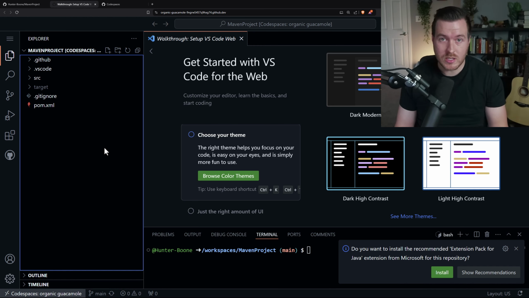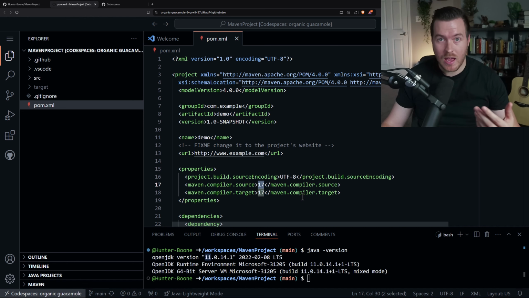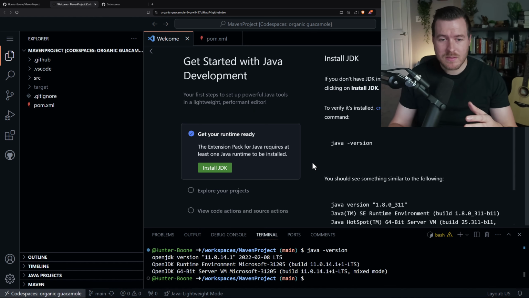Now you'll notice by default, if we run java -version, we get this OpenJDK version 11, which if we open up our pom.xml, we'll see that we actually have version 17 as our source and target. So even though by default we have Java installed, we may not have the correct JDK that we want to use for our application. Now, what's nice about the extension is it gives you a way to install the JDK,